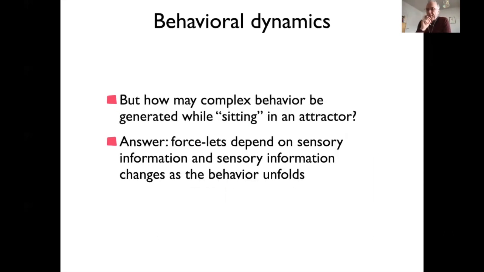So maybe the one point you might worry about, though, is, how is it possible to create a whole plan, so let's say complex time course of the vehicle moving, if it's just always sitting in an attractor, right? Wouldn't that just mean it can always just go straight? It's an attractor. And it's a good question. It needs to be studied. The reason is